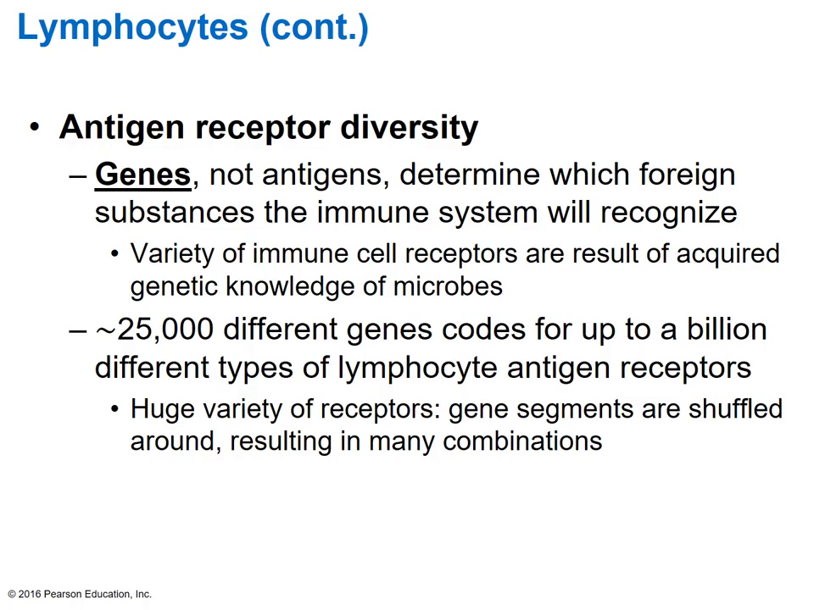The genes determine which foreign substances the immune system is going to recognize, not the antigens. So there's literally thousands of gene codes. And so this way, it's very, very